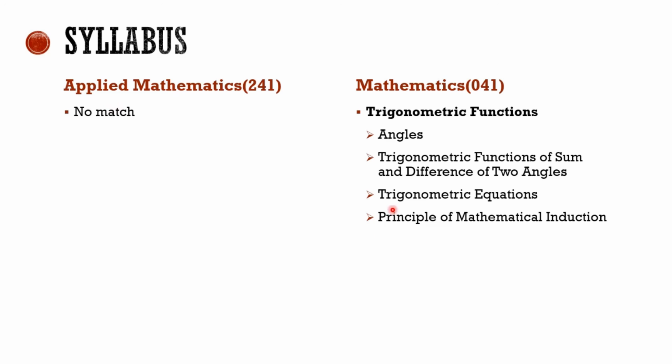So in this pattern, you are able to compare the syllabus of applied mathematics and mathematics. Again I want to tell, mathematics is designed for science stream students, and applied mathematics is for commerce students. The students who have taken basic mathematics in class 10th can opt for applied mathematics in class 11th and 12th. But for the subject mathematics, it is necessary that you take standard mathematics in 10th.